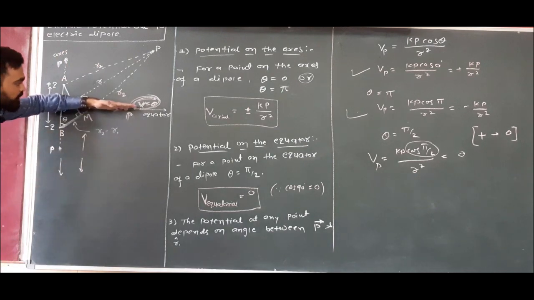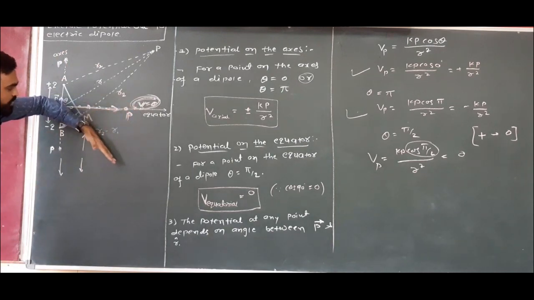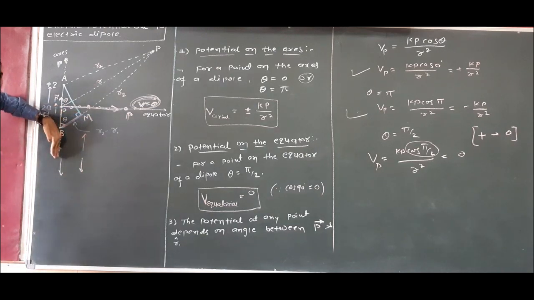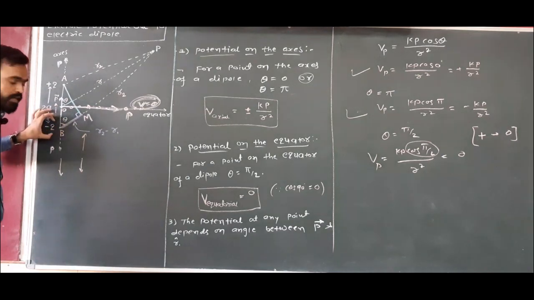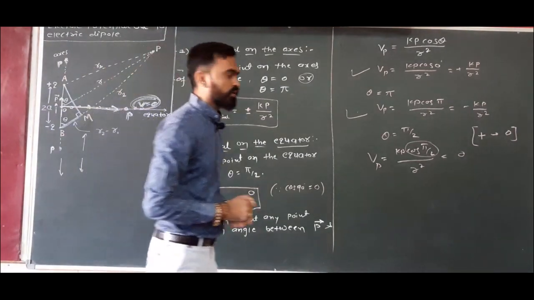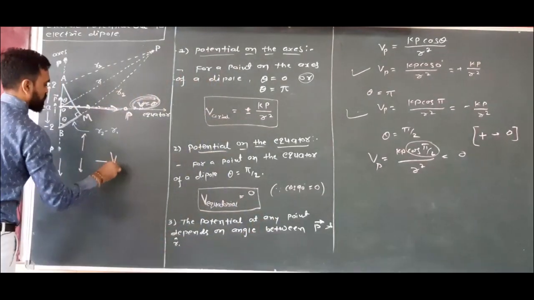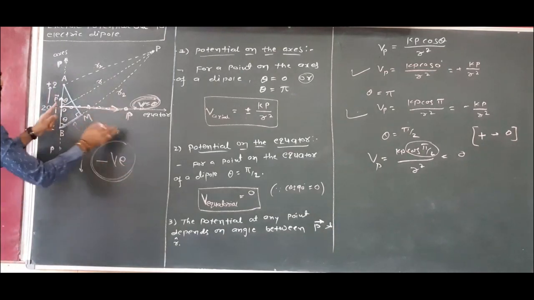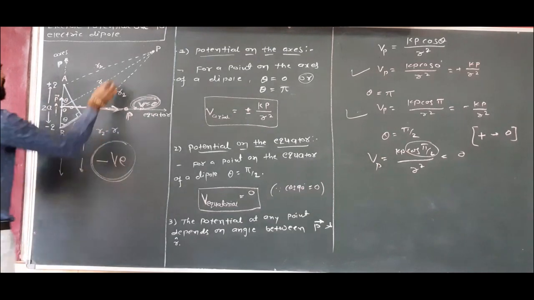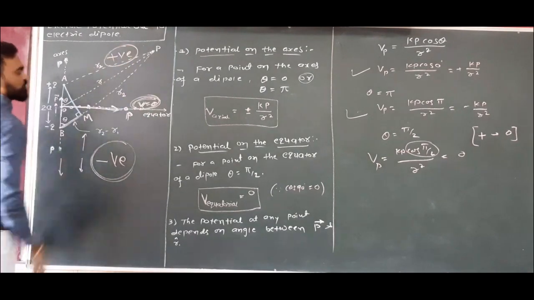Again, if you further increase your angle, then it is less than 0. Less than 0 means negative, right? But negativity is increasing as you approach towards the negative side. Meaning if you are exactly on the axis, on the side of negative charge, then the potential is negative. You getting my point, right? So in the whole region below the equator, on the side of negative, the potential will be negative. And here in this region, the potential becomes positive.